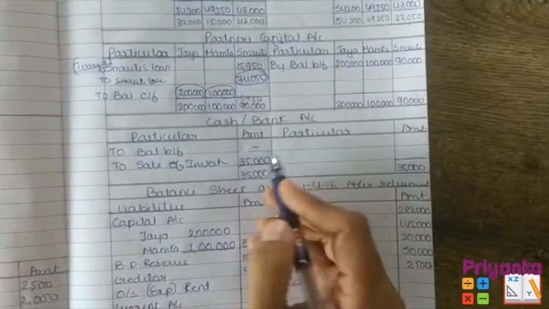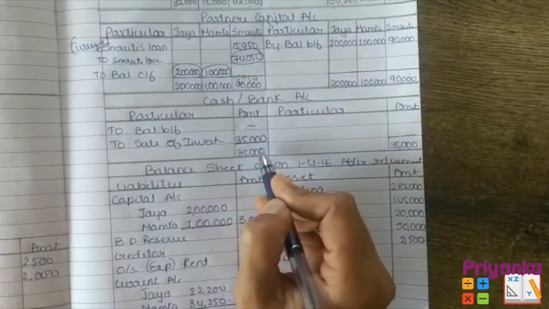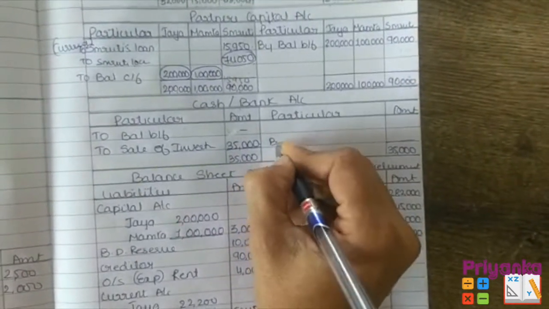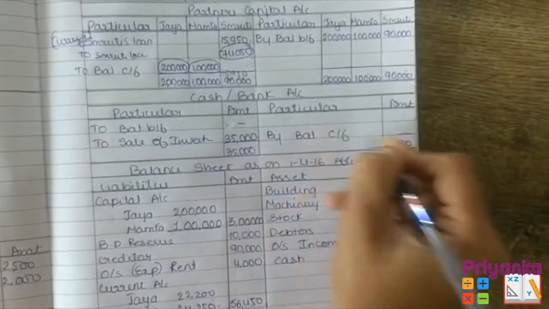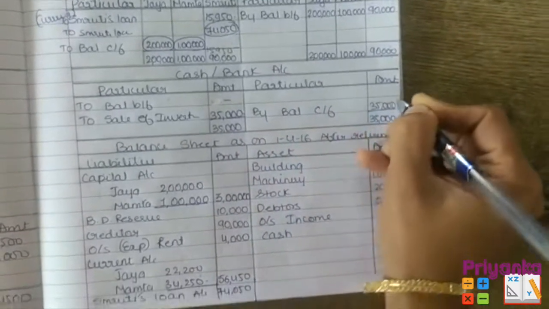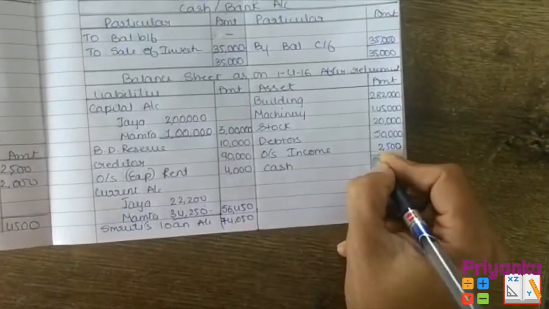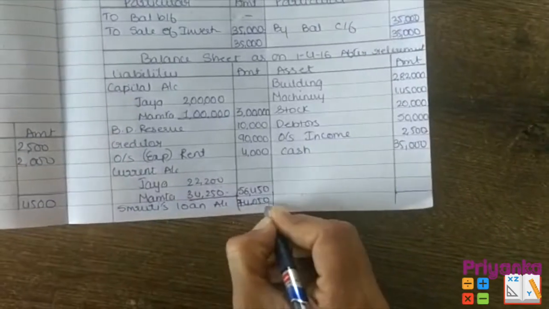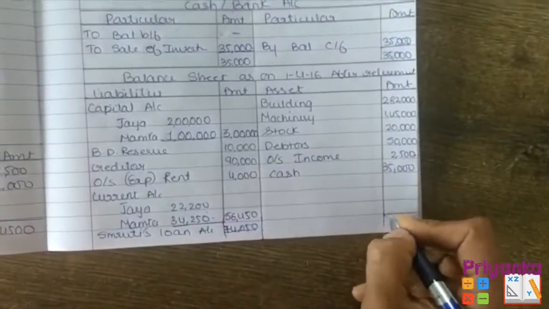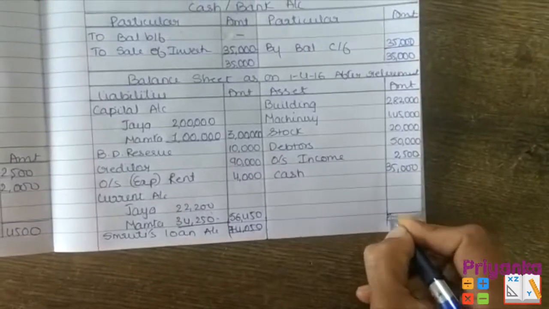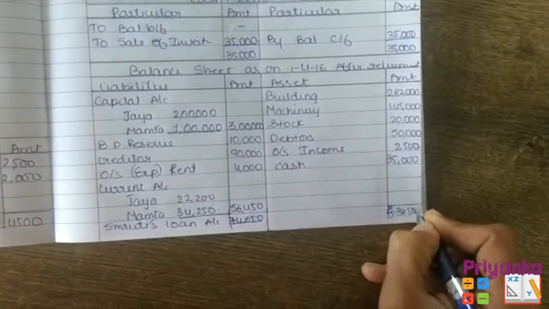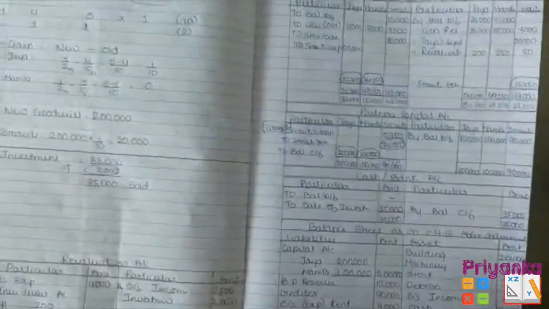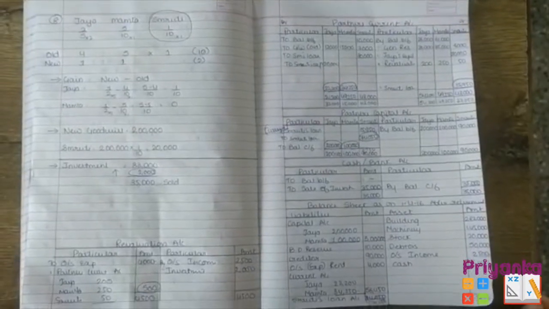Moving to the cash balance, as there is only one entry of the sale of investment at the debit side and on the credit side there is no entry, so 35,000 put on the closing for this, by balance c/f, 35,000 of cash balance which will be passed to your asset with the amount 35,000, and at the end make a total of it, $5,34,500. You make a total of it, you will get it tallied with this number, and this is what the calculation is.